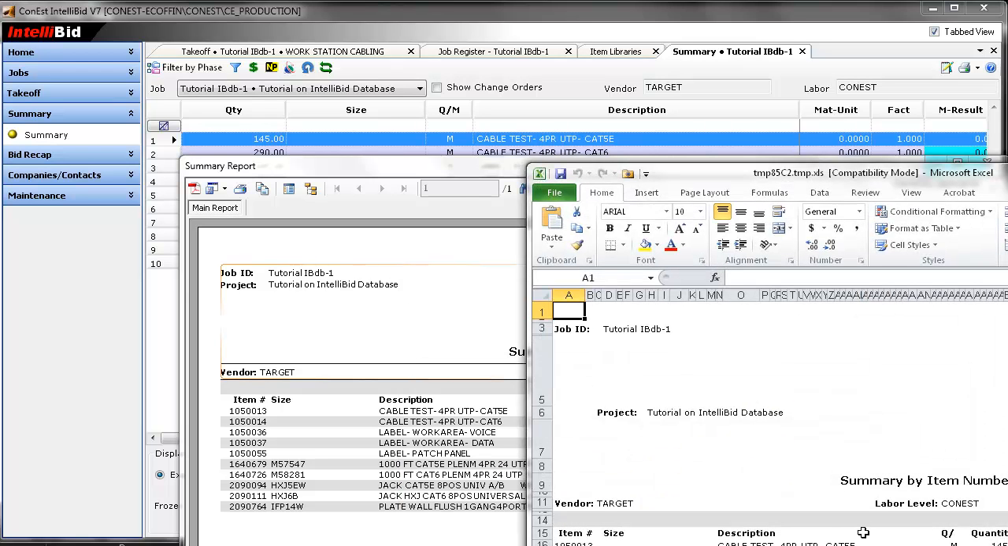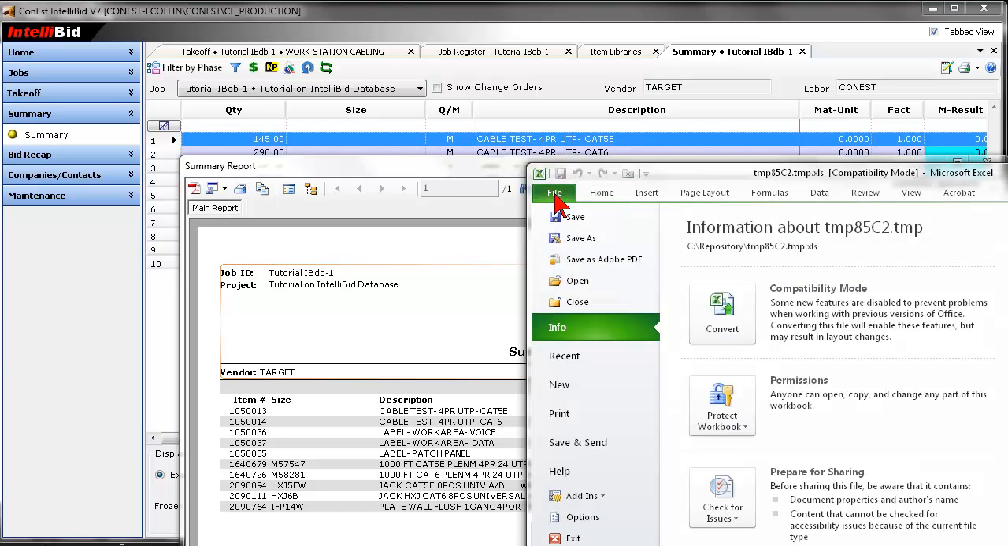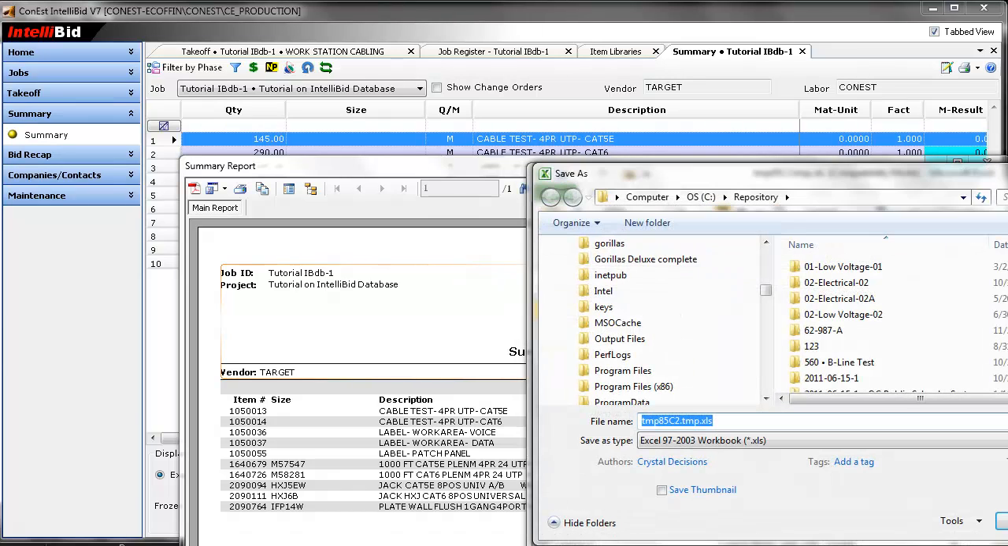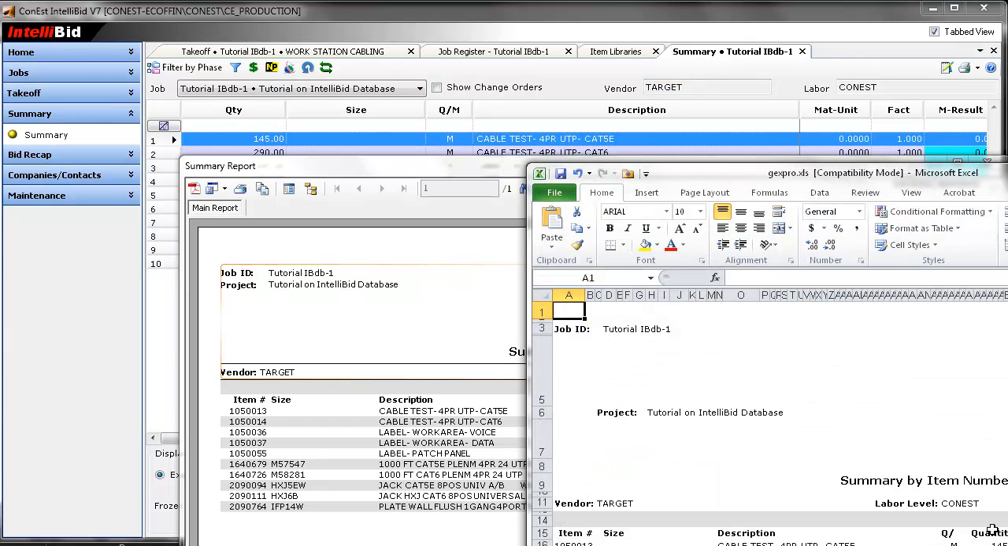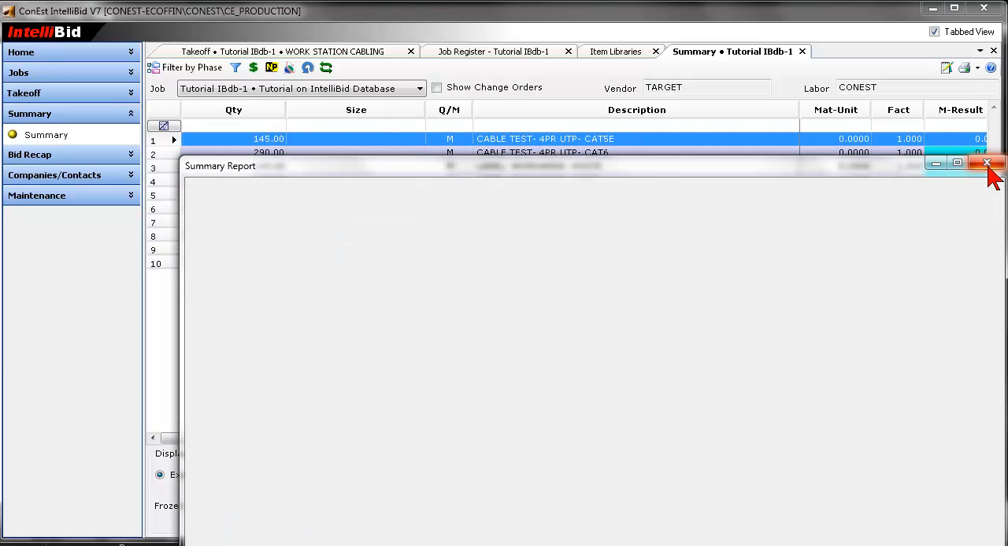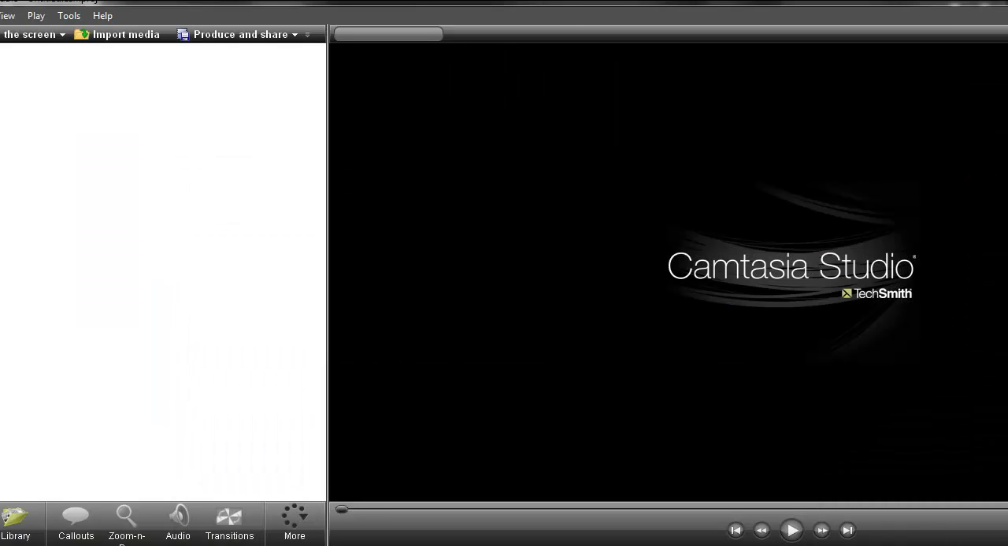And I can take this file now and send it, do a file save as possibly, send it to JexPro. Hit save, and now I have the file sent out to my supply house. Now, going into the database,